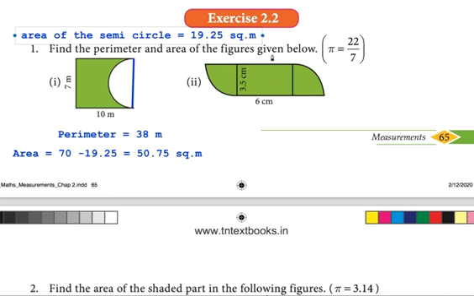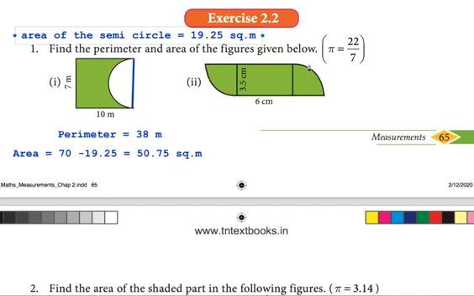Okay, this is 6 cm, this is 6 cm, this is 3.5, this is 3.5. So 3.5 cm is the radius of the quarter circle, one fourth of the circle. Okay, that is a pretty simple way to say it. See, this arc plus this arc represent a complete semicircle.